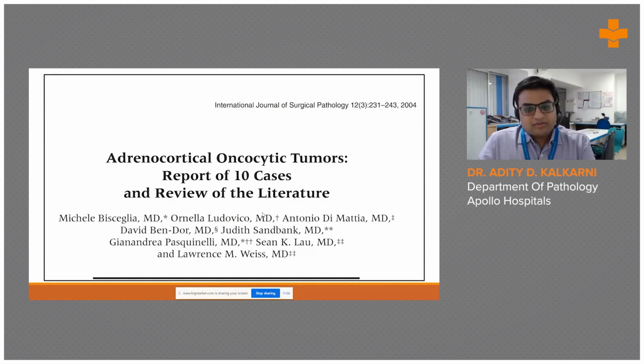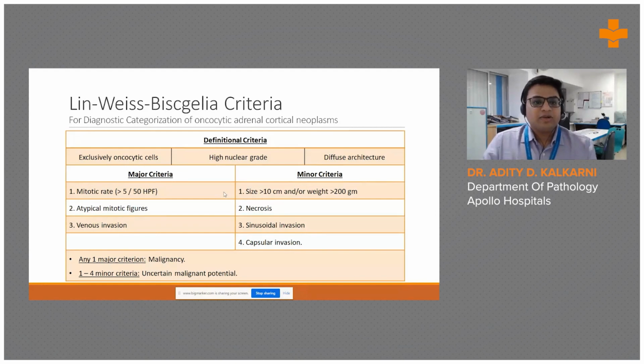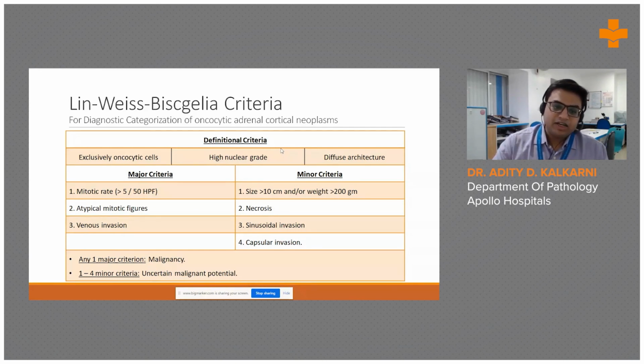In this paper they defined oncocytic tumors as tumors which contain almost exclusively oncocytic cells, that have high nuclear grade and diffuse architecture. After you have arrived at a diagnosis of oncocytic neoplasm, then you apply these major and minor criteria, and presence of any one major criterion will indicate a malignant behavior, and 1 to 4 minor criteria